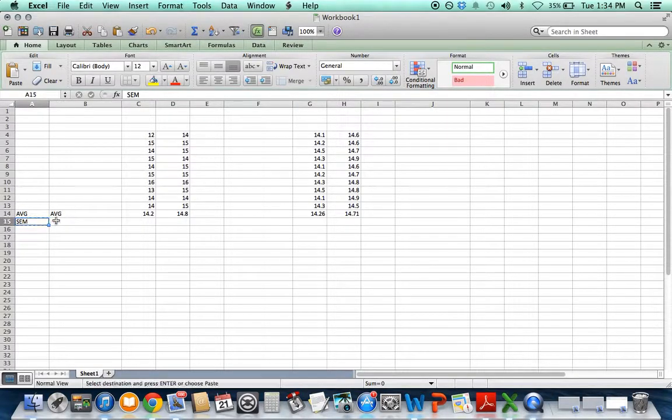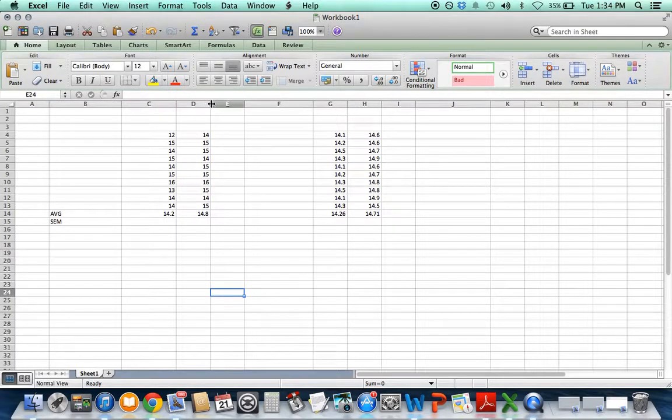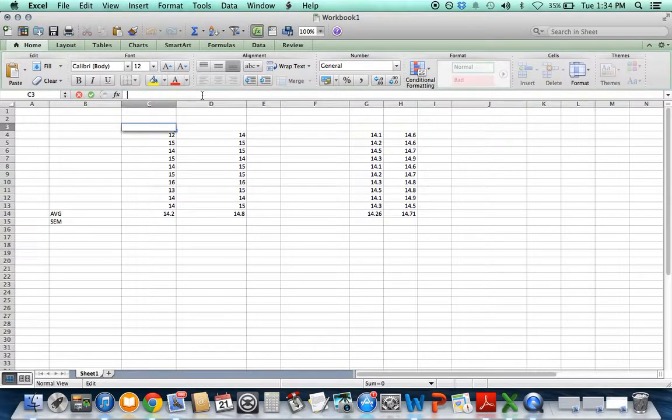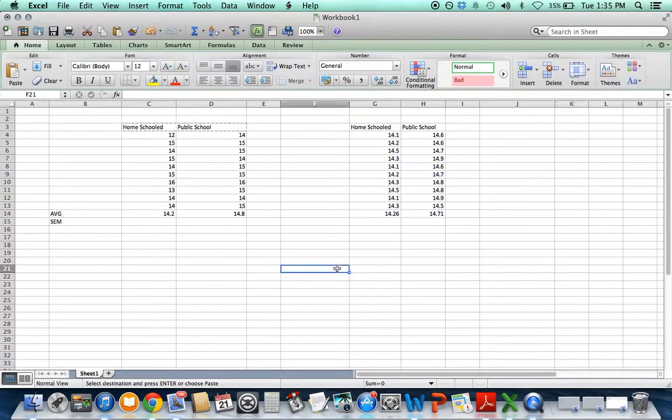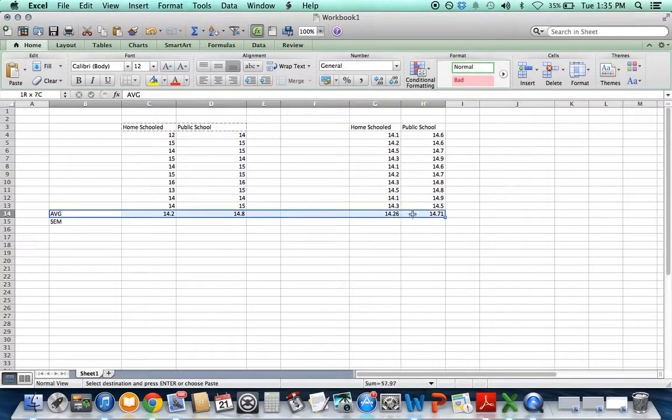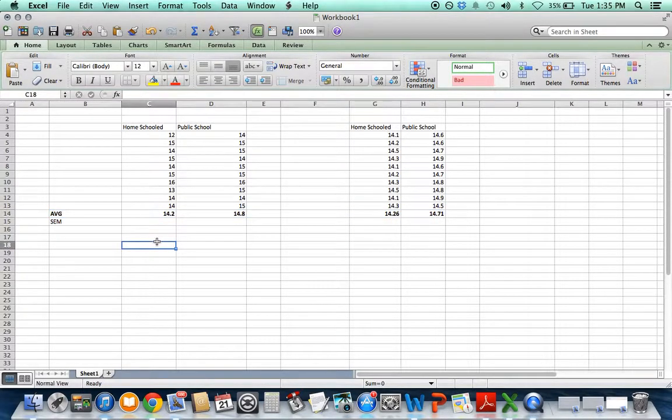Oops, I'm just going to copy this over here. Okay, so we've got here some data. Let's talk about what this data could be. We've got two different groups here, so let's say that these are quiz scores, and these are for students who are homeschooled, and these are for students who go to public school. Just widen that a bit. Terrific. Okay, so as you can see here, we've already calculated the averages for all of these different students, and